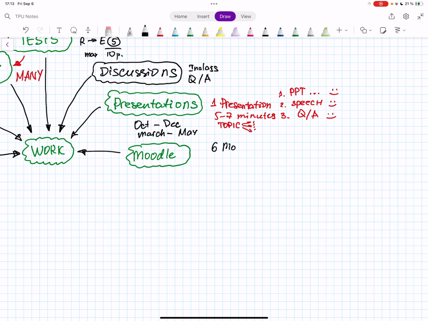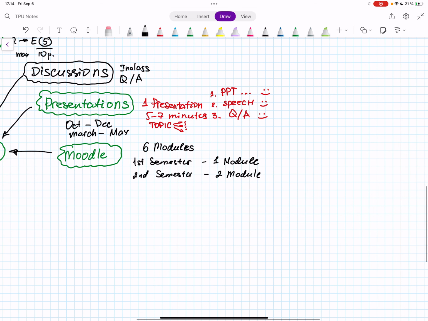But because we will study only section 1 and section 2, you will need to complete the first module from Moodle in the first semester, and the second module in the second semester.